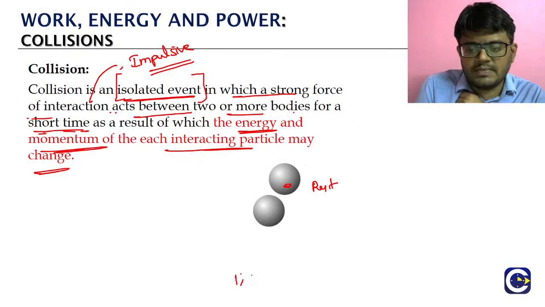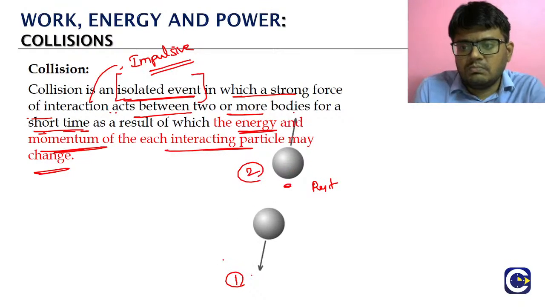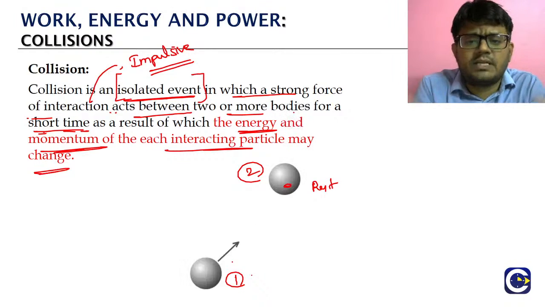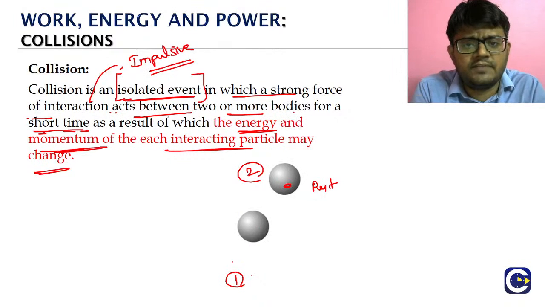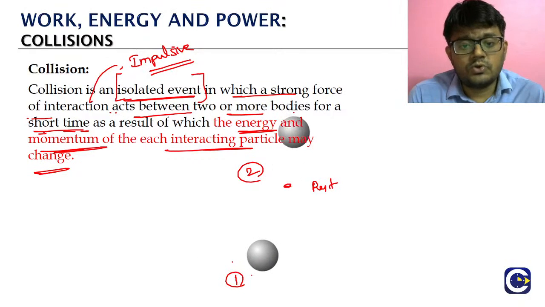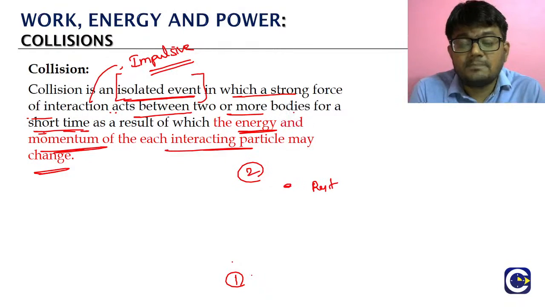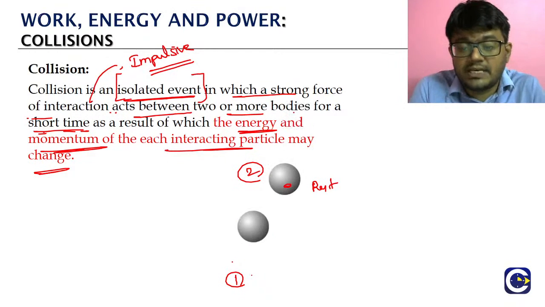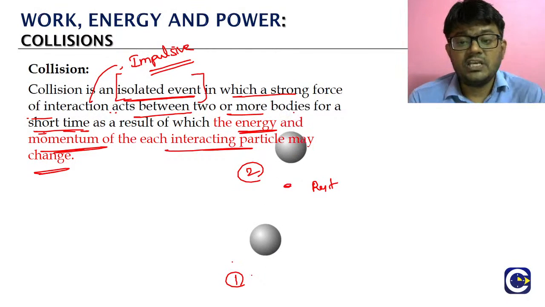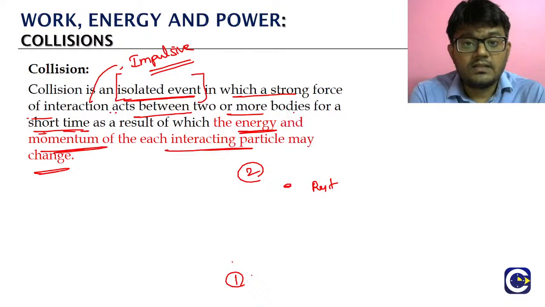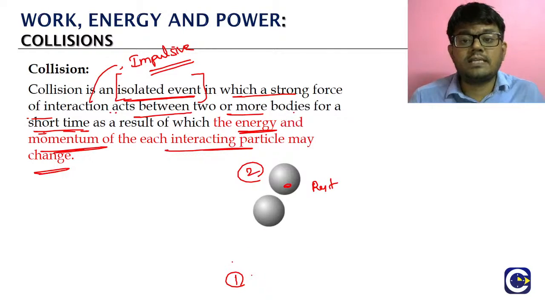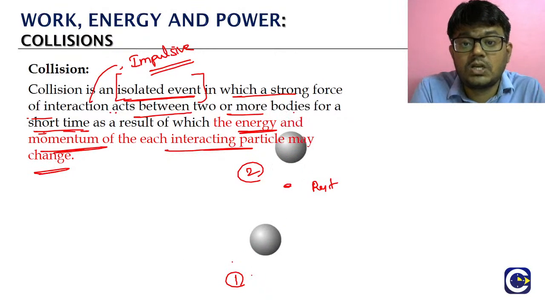Let's number them 1 and 2. Ball 2 is at rest and ball 1 is moving. After the collision, we'll see that both are moving, but probably with different velocities and in different directions. They'll have different momentum, and energies also might be changing. So what is the observable change we can see for these particles engaged in the collision? Their energy, meaning the kinetic energy, or the momentum values will be undergoing a change. This is what we observe as a noticeable change as a result of this collision event.